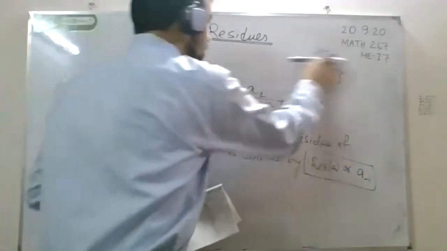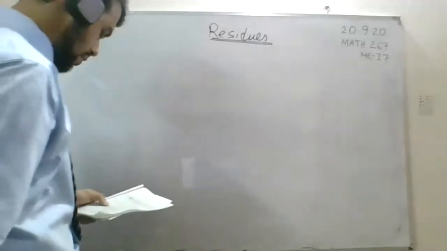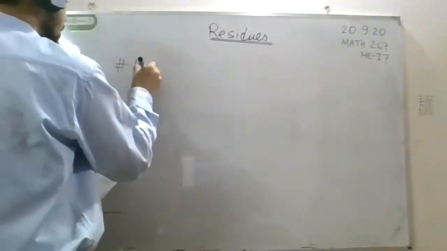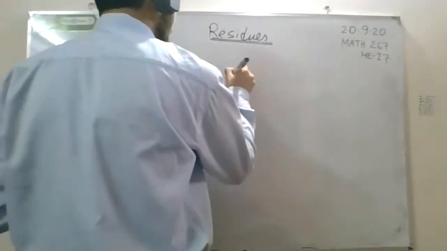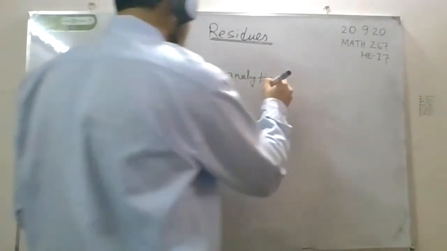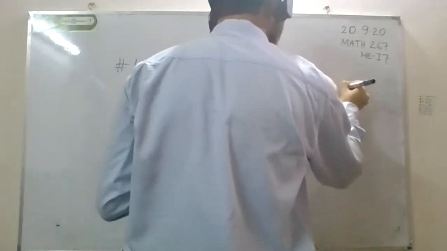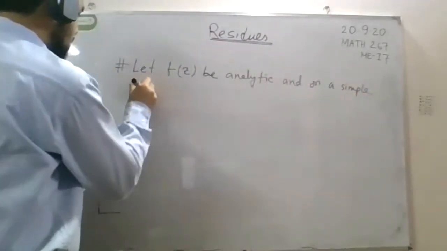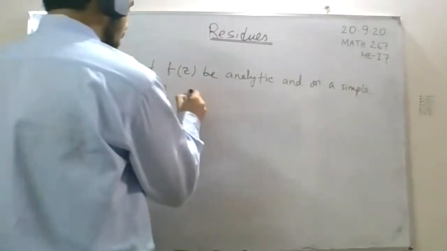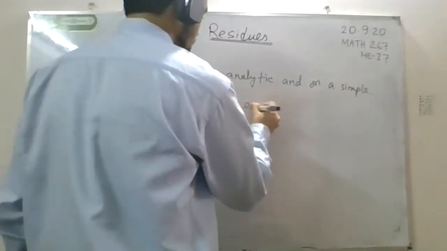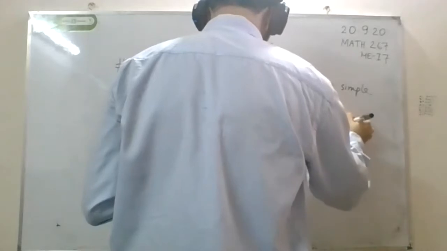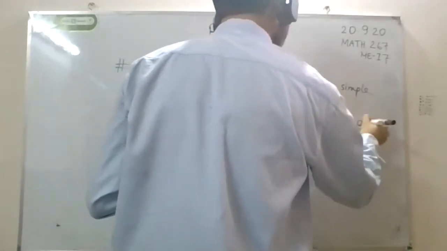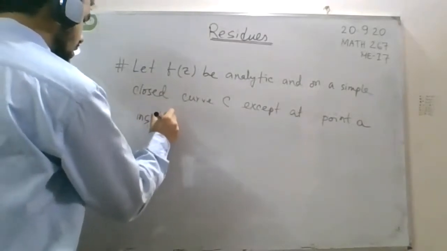Okay, so let f(z) be analytic in and on a simple closed curve C except at z equals a, okay, except at a point a inside C,